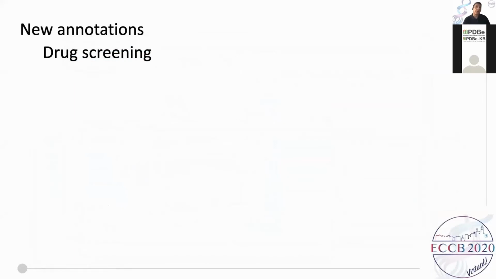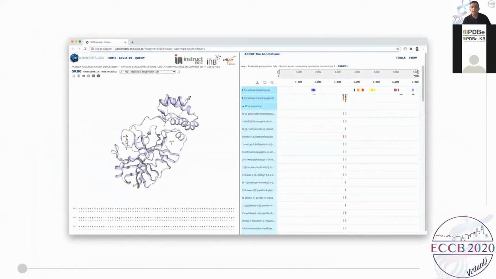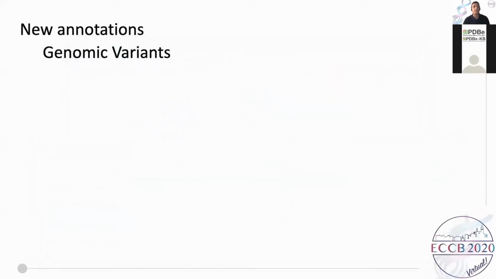and some annotations that are related to drug screening experiments that have been studied in the XChem fragment screen at Diamond Light Source in Oxford. When the track is expanded, one row per different ligand will be displayed, showing the location of interacting residues, which are shown in red in the actual structure. So you can easily locate those residues in the structure.